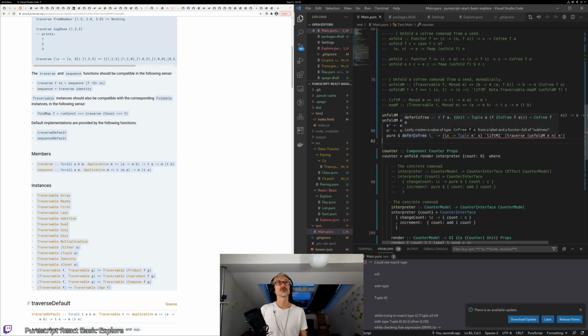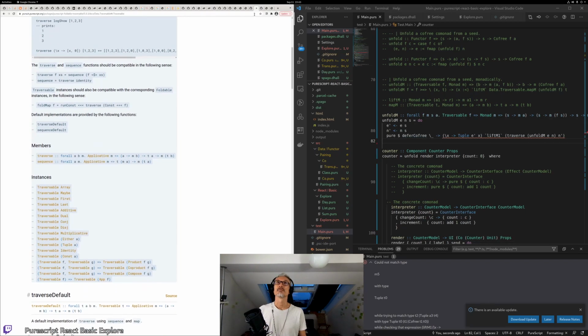Right. Yeah, we need to do something with defer as well, actually. In fact, arguably, how is this going to work? Yeah, I wonder whether I can actually try to use